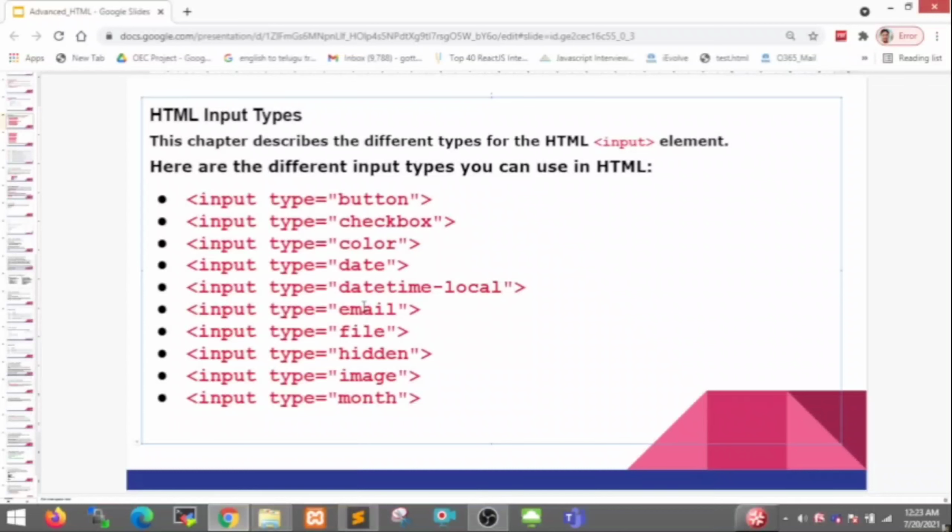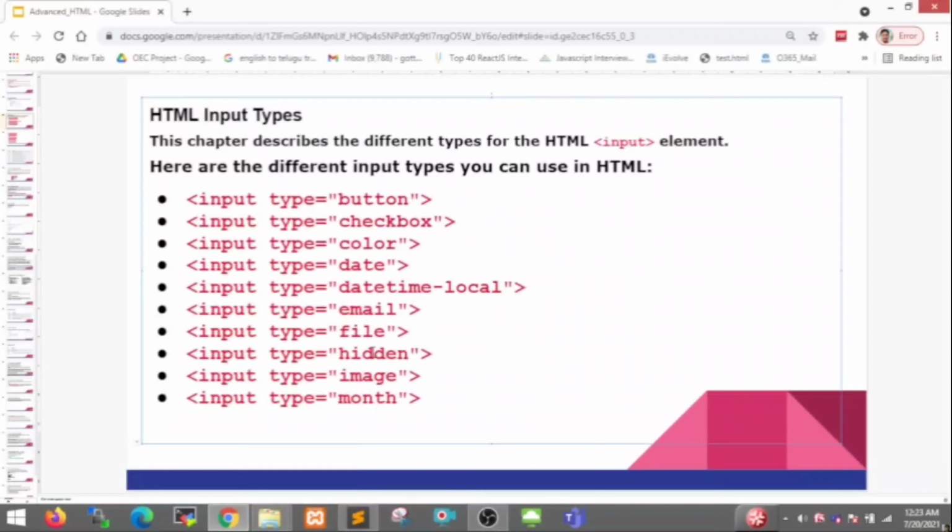Input type equal to file is used to upload our images, profile pic and some CSV files or image JPEG, PNG files. And input type equal to hidden is used sometimes in a profile editing case, when submitting the form information based on a unique ID, that ID is not visible in the front end but it is in our source code.